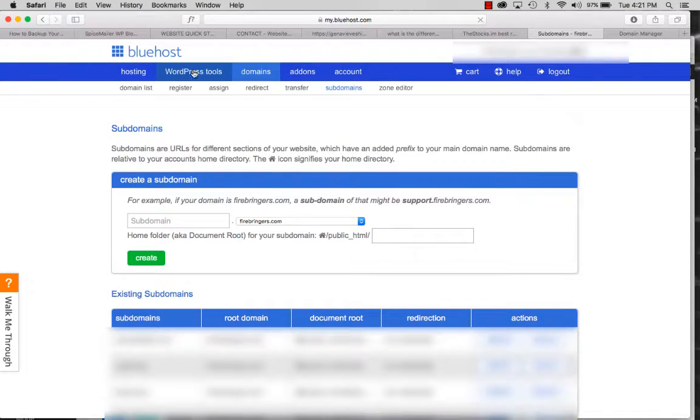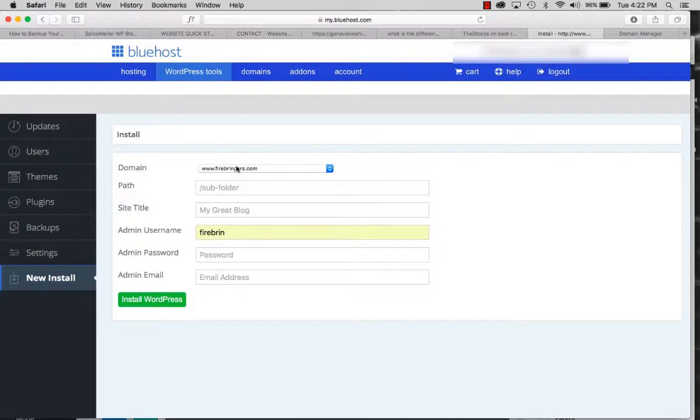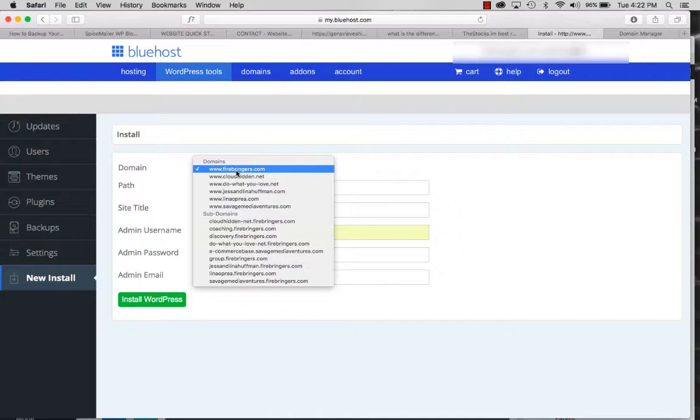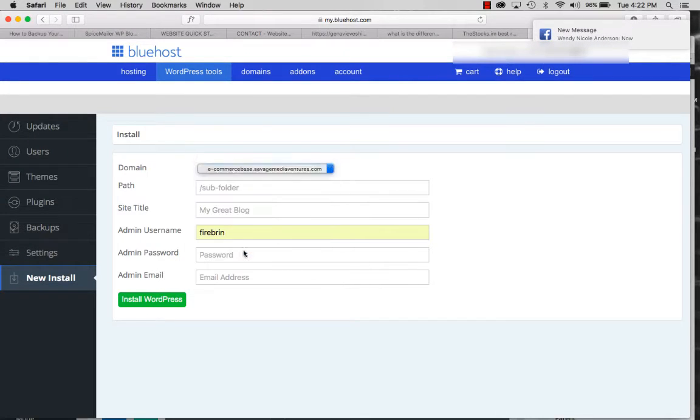If not, if you're ready to install WordPress and new install, then you choose whatever domain from the drop down menu here. I want to use my ecommerce base.savagemediaventures.com. You want to set your site title or leave it blank, it doesn't matter. Your